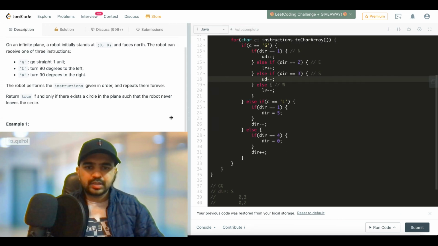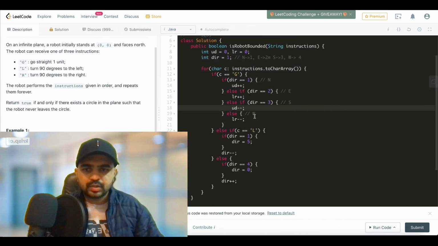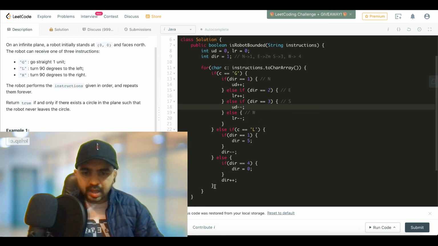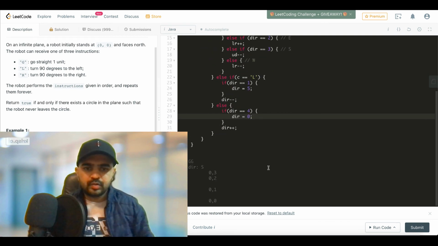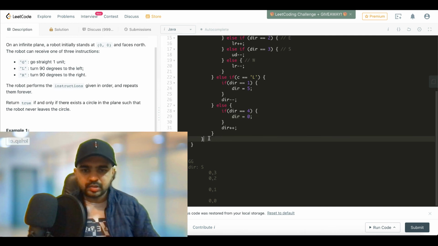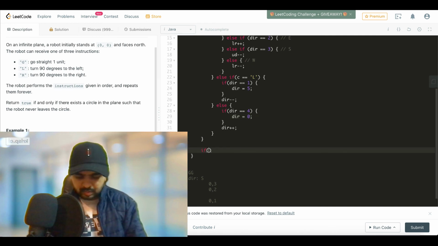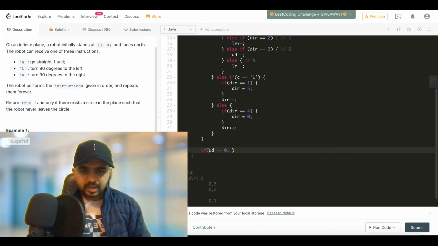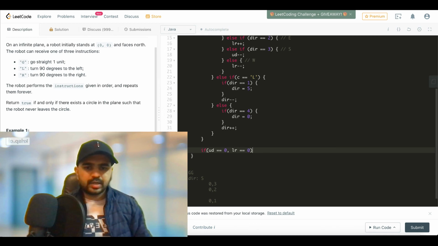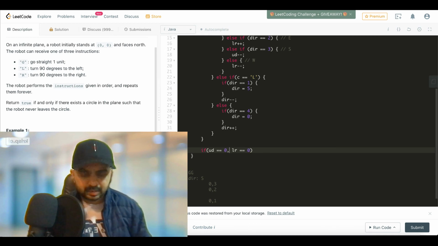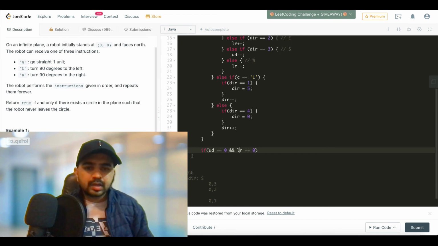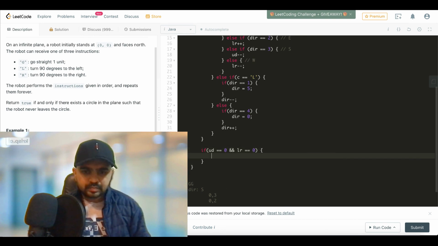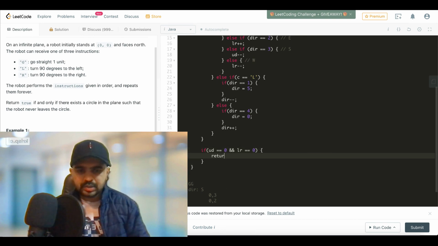After executing this, we will be able to execute one set of instructions. And let's check after doing this if we end up at the origin. If ud double equals 0 and lr double equals 0, sorry, not comma, this would be and. If this is true, that means we end up at the origin. So let's just return true.